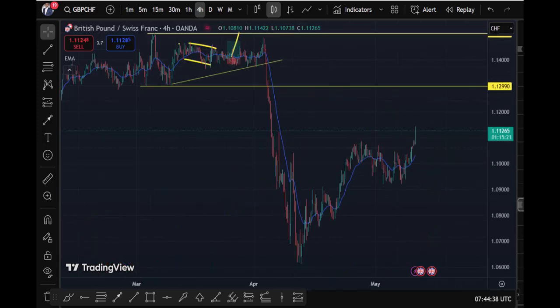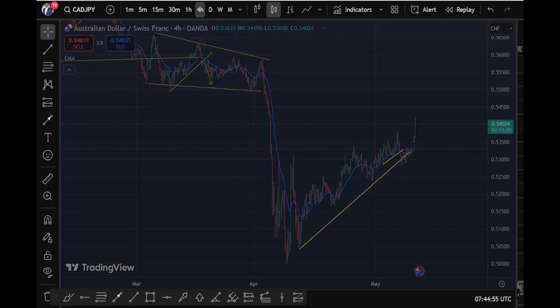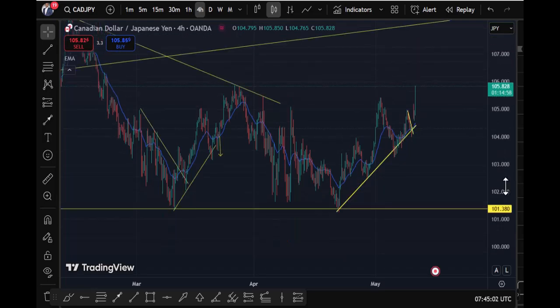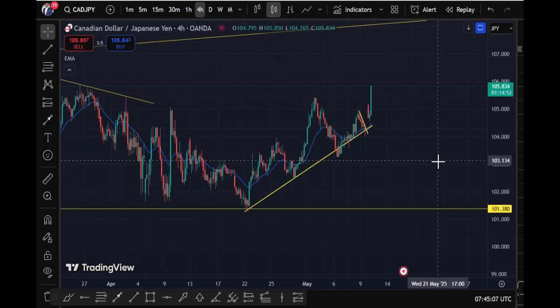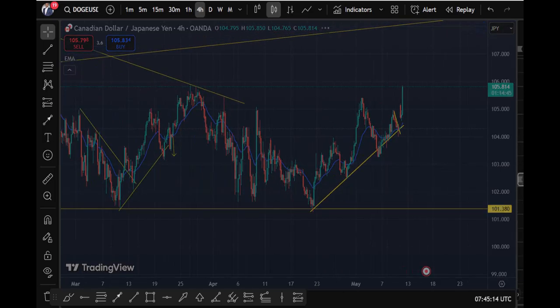The pound Swiss is already a buy and there's no clear structure at the moment, so we're waiting for the market to either pull back and test and give us more structure. Likewise, the Swiss. Okay, so the CAD yen, let's take a look at that. CAD yen is buying. And I think there is this huge gap over the weekend that's pushing the market up. So that's just what it is.